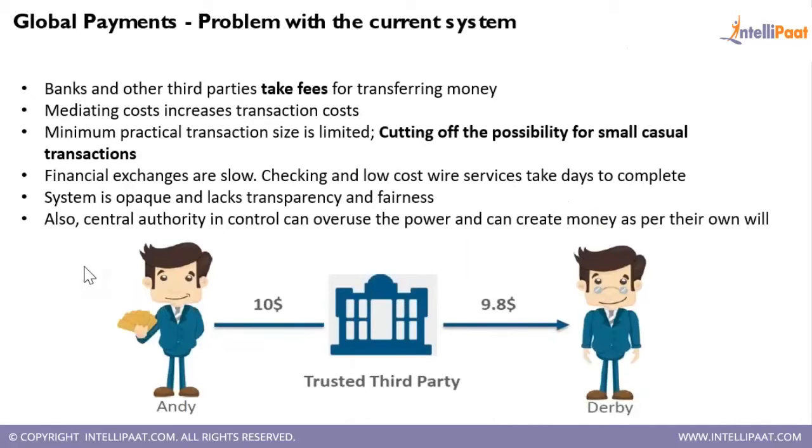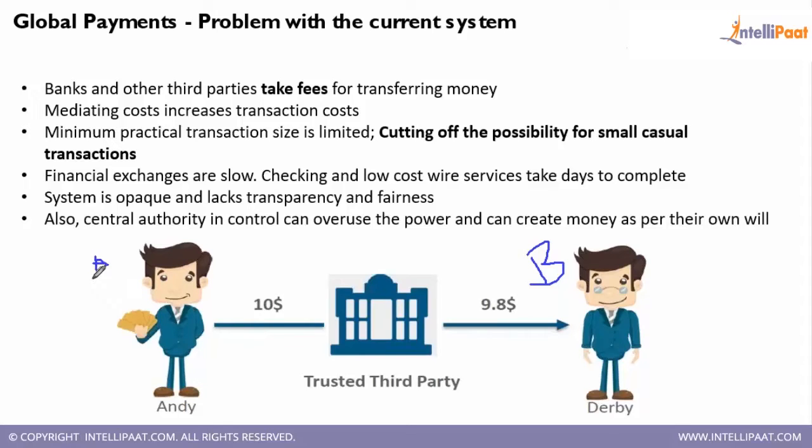So assuming this is party A, the sender, who wants to send money to party B, the beneficiary. In this case, let's say this third party is Swift, through which we want to make the payment. This party is in one geography, and party B is in another geography. So what we do today in a typical global payment scenario,